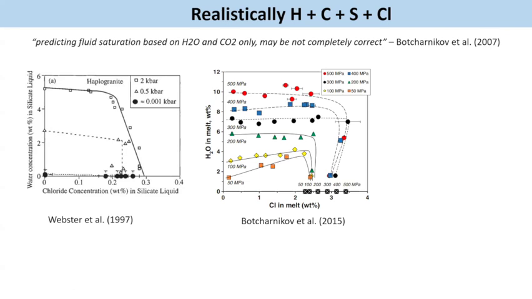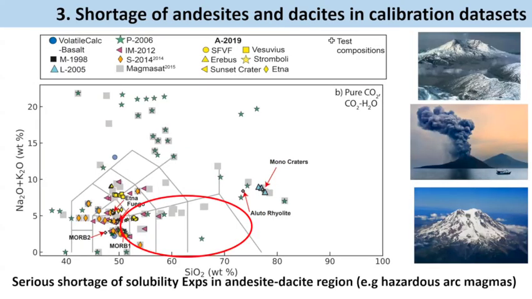Then the final thing which we spotted as a gap was we have a shortage of andesite and dacite experiments. So this is showing for pure CO2 and mixed fluids in TAS space where the different experiments are. You can see we have a lot of basalts, we have quite a lot of rhyolites, and we have quite a lot of high alkaline samples. What we do not have a lot of is dacites and andesites. And yet these are some of the most hazardous volcanoes we have on this planet. And if we're calculating melt inclusion saturation pressures or degassing paths, we really want to make sure that these models